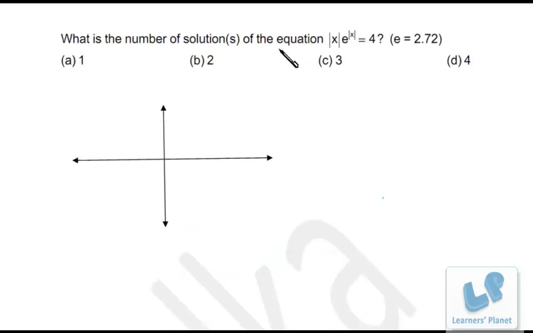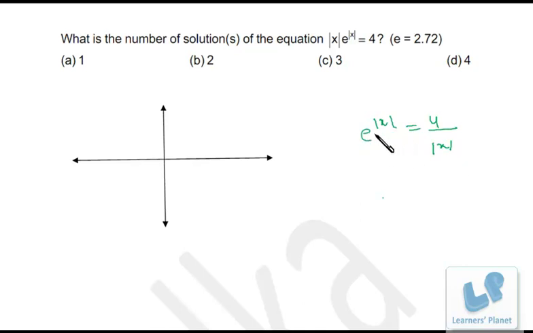Now let's try this problem. What is the number of solutions of this equation? Do not try to put the value of x and equate left hand side and right hand side. You won't be able to get the proper solution of that, because the value of x that would satisfy this equation may not be an integral value, right? So you don't have much option to put in the value of x and match left hand side equal to right hand side. So what you should do: e raised to modulus of x is equal to 4 upon modulus of x. You can draw the graph of e raised to mod x and you can draw the graph of 4 by mod x. Then you can find out the points of intersection for these two graphs, right?